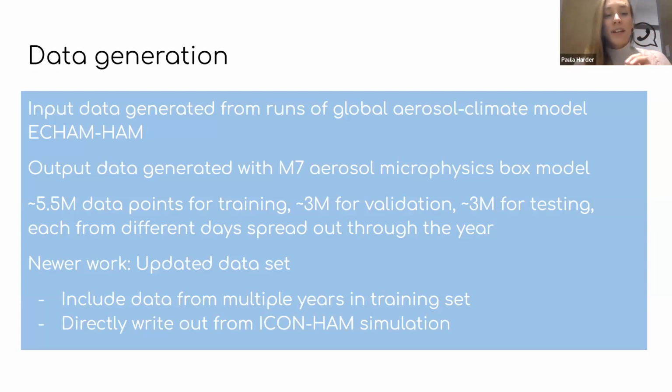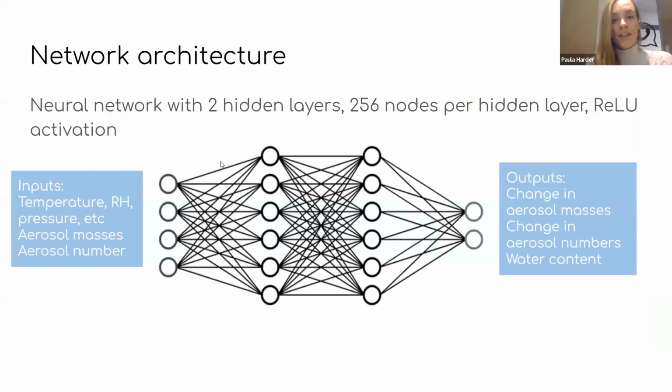Later, I actually updated the data set to have 2 years for training with all different seasons, and then the next year for validation and then for testing, because there are seasonal differences which are tricky if you don't have that in your training data set. But here are the results for the older data set. It's a simple and fairly small architecture, also to then actually be faster.